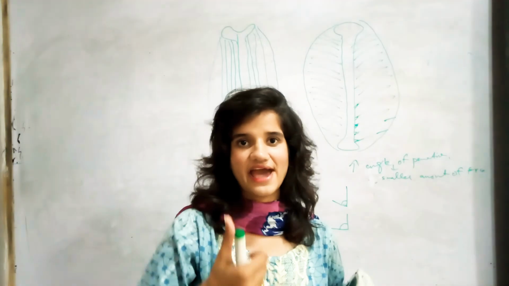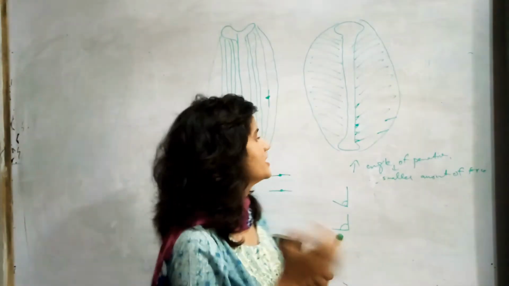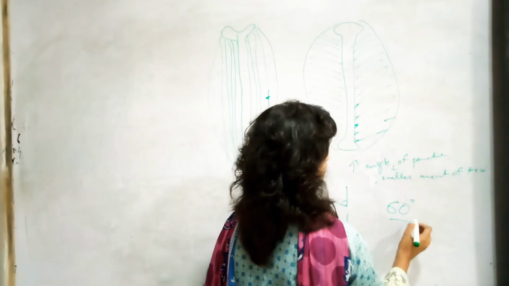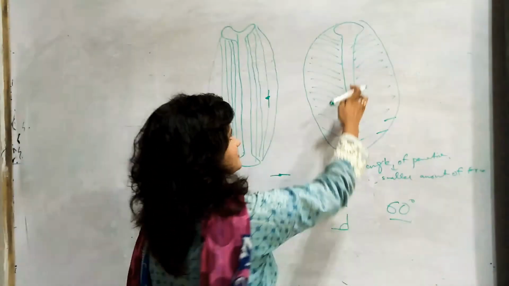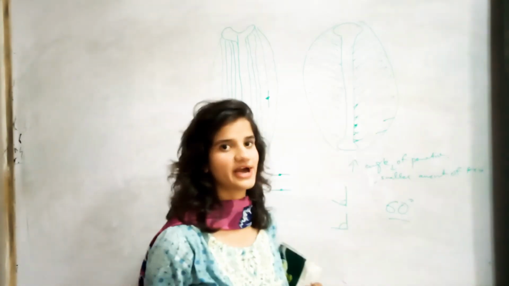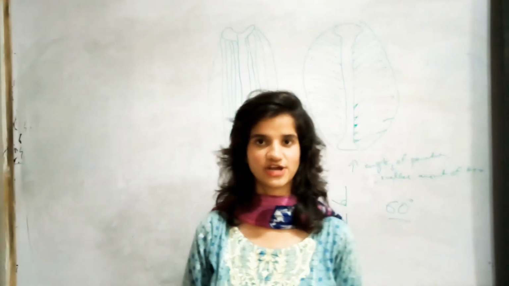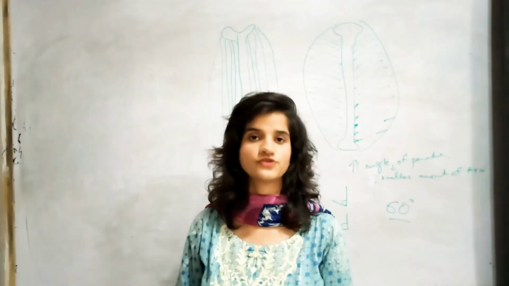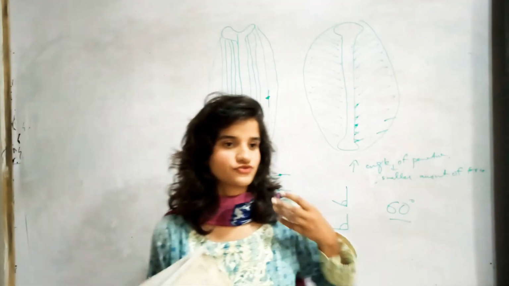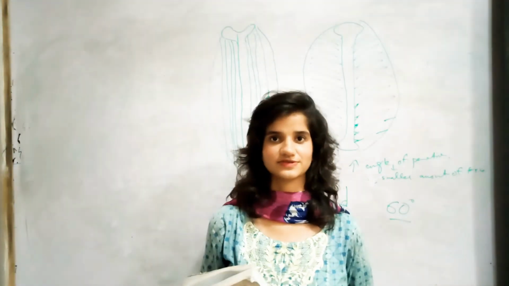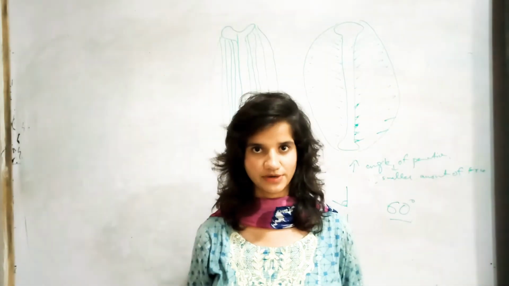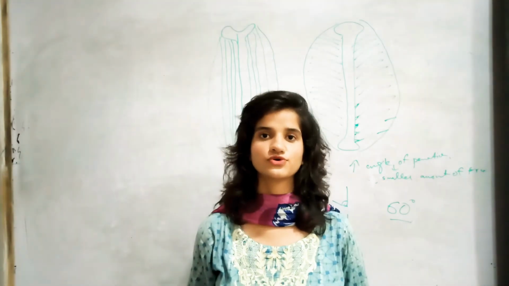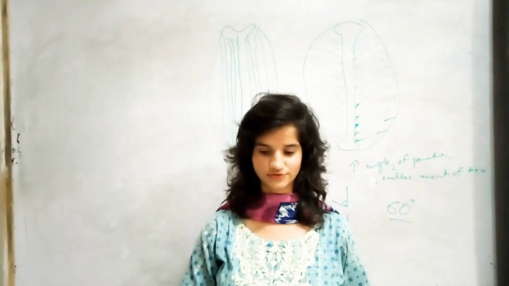One angle is mentioned in your book. If the angle becomes equal to 60, what will happen? If this angle of pennation, the angle of attachment at which the muscle fibers are attached to the bone, becomes equal to 60, less than half of the force will be transmitted. The force originally produced by the muscle would not be transmitted properly; less than half of the force would be transmitted in this kind of fibers.